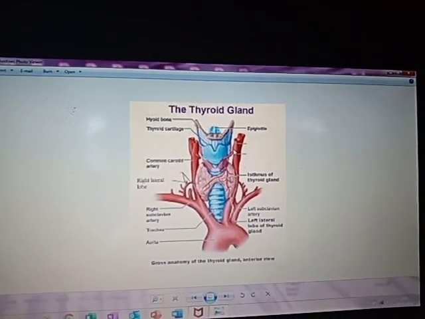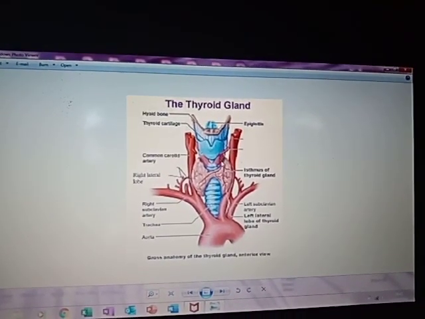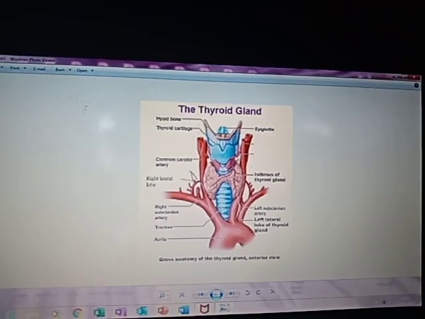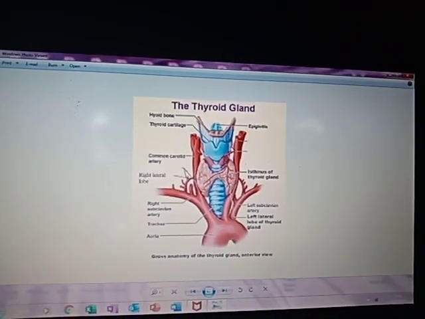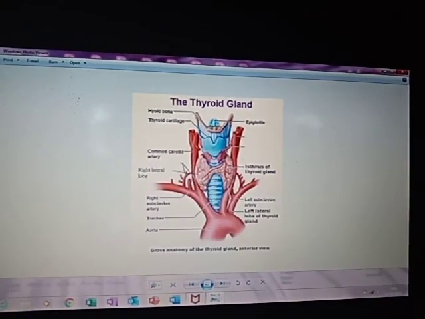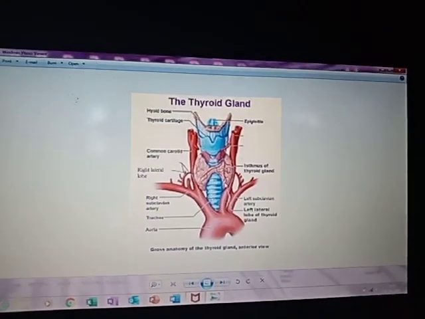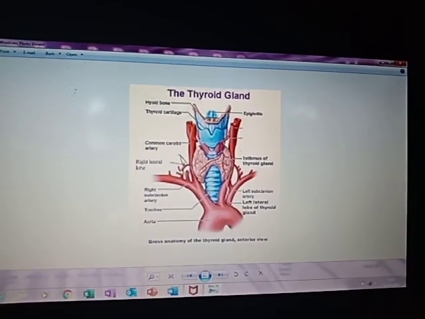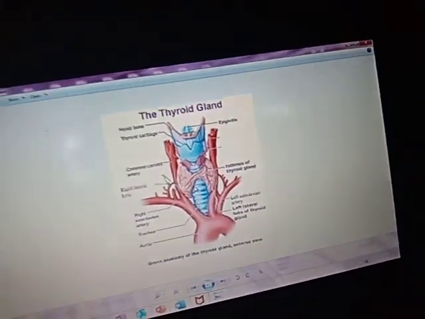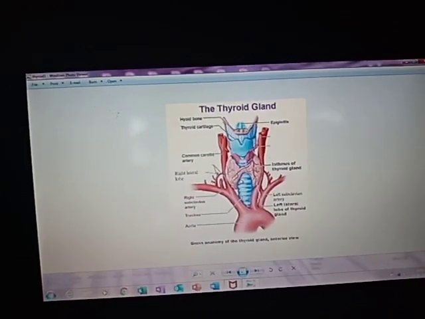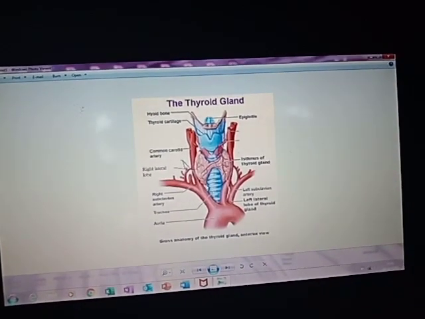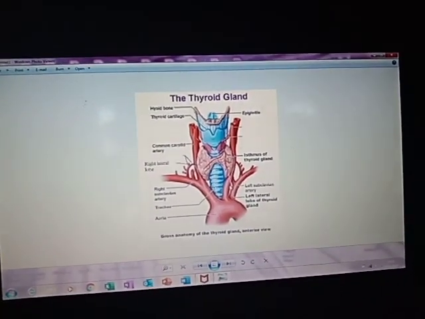The superior thyroid artery, after originating, goes downward and medially to the upper pole of this thyroid gland. The upper part of this artery is accompanied by the external laryngeal nerve. This region is supplied by the inferior thyroid artery, which is a branch of the thyrocervical trunk. And in this part, there is a nerve accompanying it, the recurrent laryngeal nerve, on both sides.